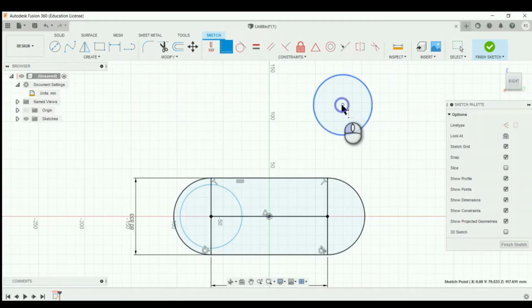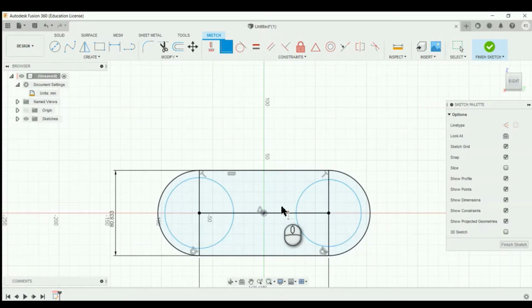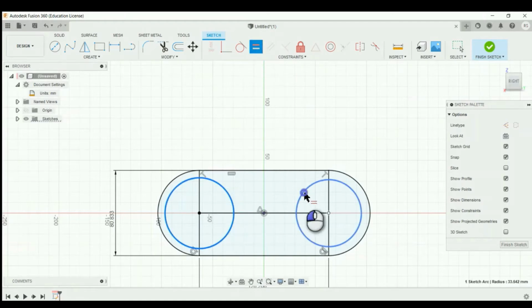Likewise, you can do the same for the other center point. After that, the two circle diameters are different, so make the diameters equal by adding a constraint, that is the equal constraint. Click that equal constraint and click the two circles.